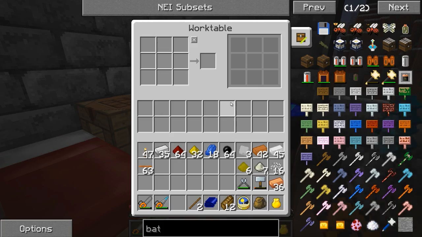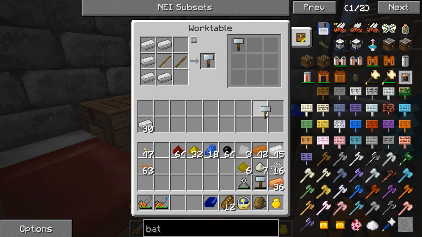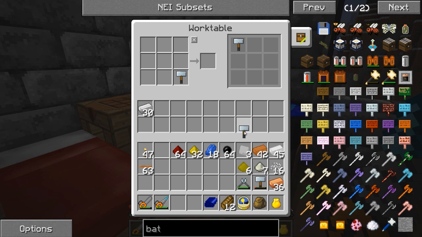So let's see. Let's go ahead and use the work table for now. We'll go ahead and teach this guy the crafting recipe for that. So just leave your items in there. It's just going to learn the recipe, and then you just pull that out. So there it is. There's the hammer there. We'll go ahead and clear that recipe. Just hit that little X, and we'll make ourselves